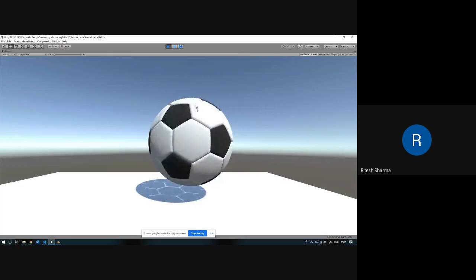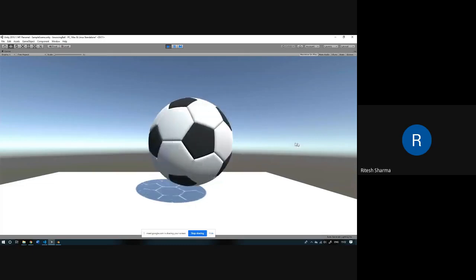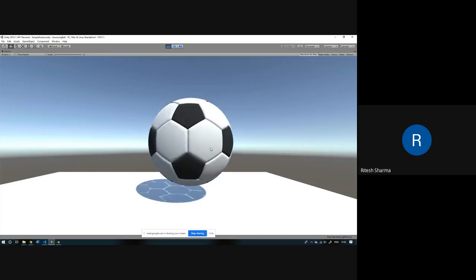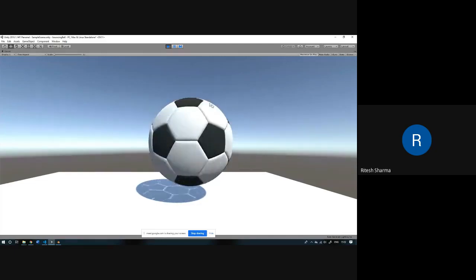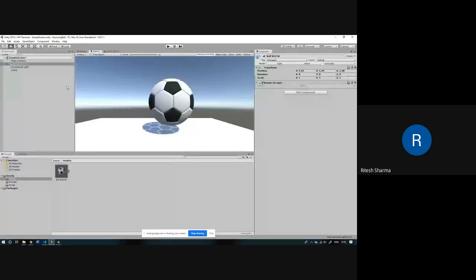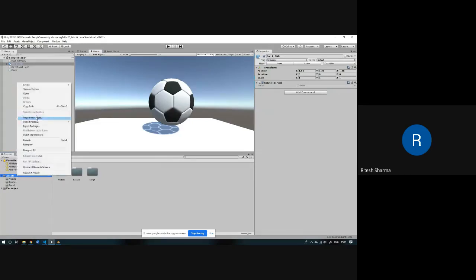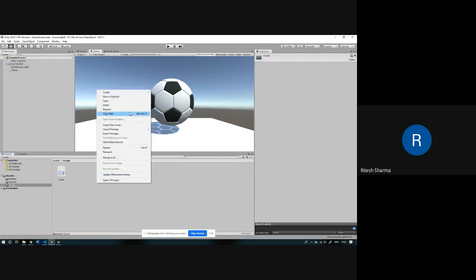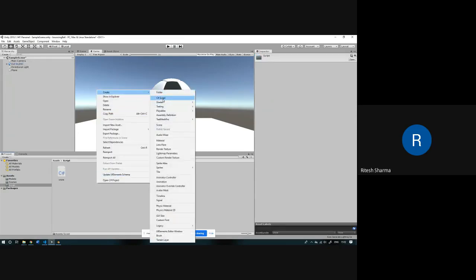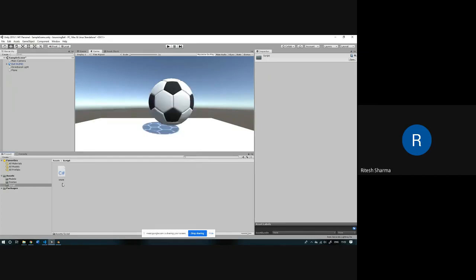If I wanted it to move forward and backward, I would have done the same thing for the x-axis, and similarly for the z-axis if I wanted the third dimension. Scripting I have told you yesterday as well. To organize in Assets, create a folder, name it scripts or any name you want. Then inside it, right click, create C# script. I have already created this rotate script, and we went through it yesterday.